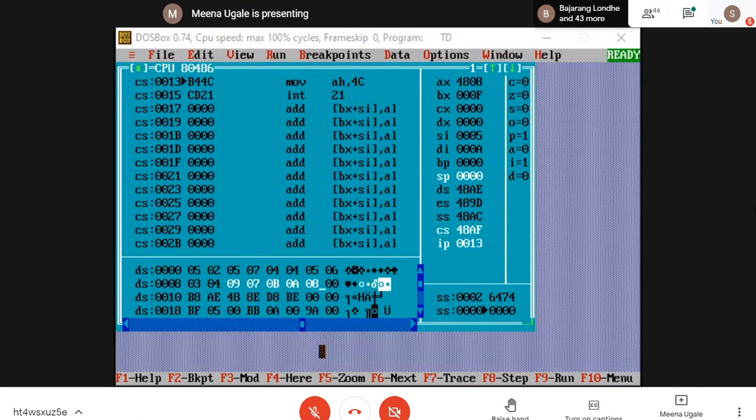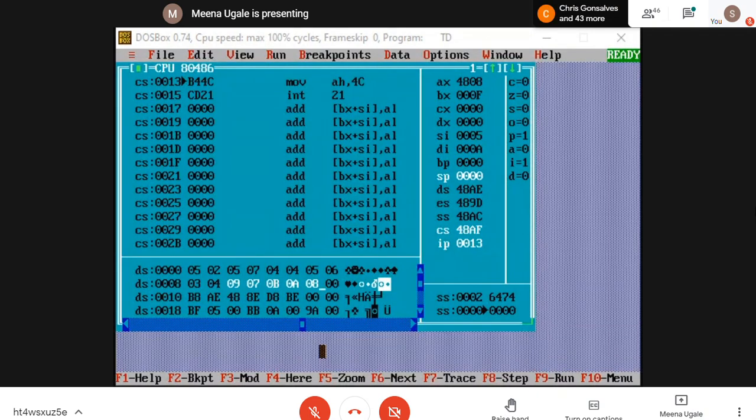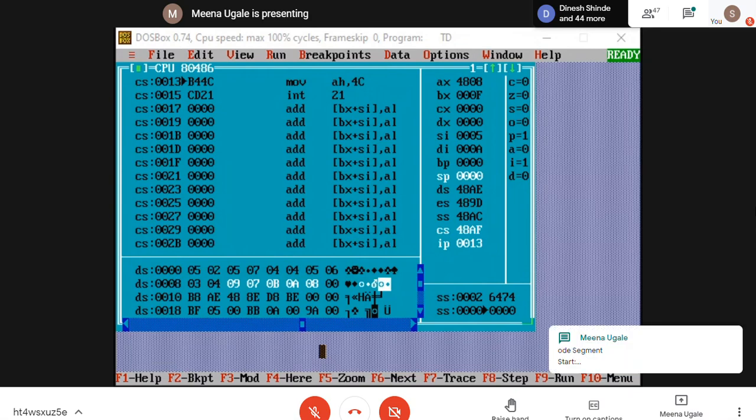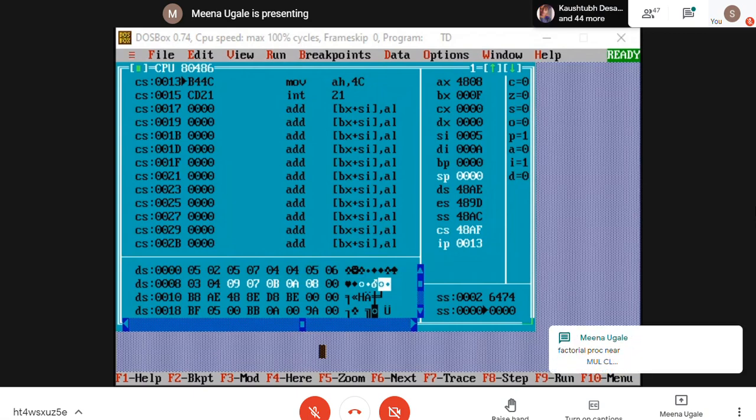Don't type anything in the chat box now. I'm sharing one code with you. Fine? Open a new file and copy this code with you. Don't type anything in the chat box, students. Okay, now the code is completed.